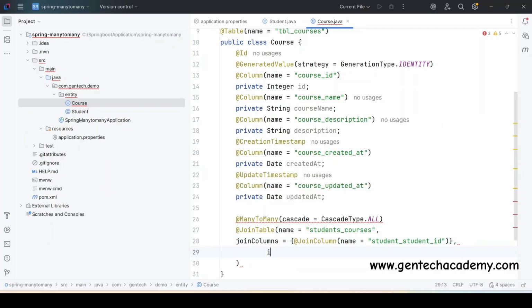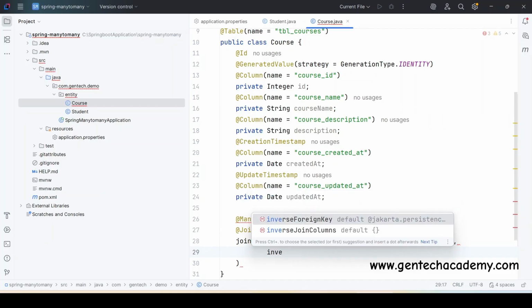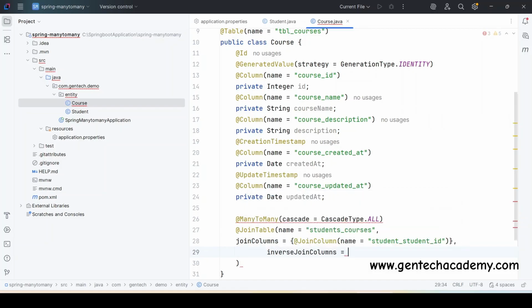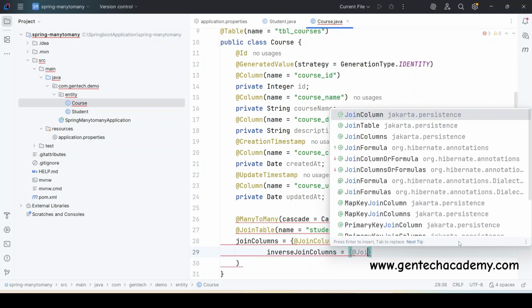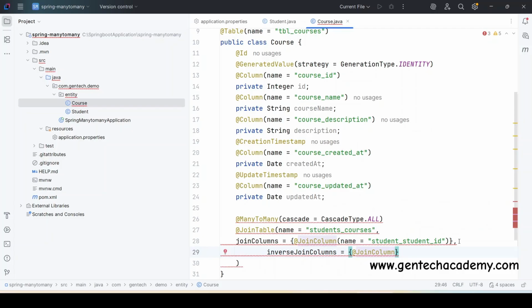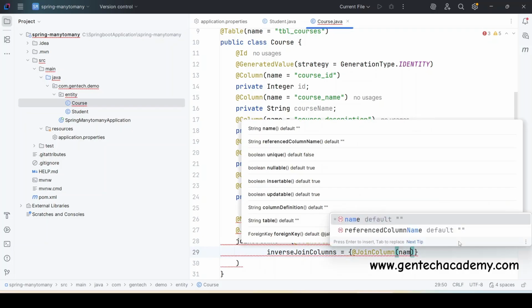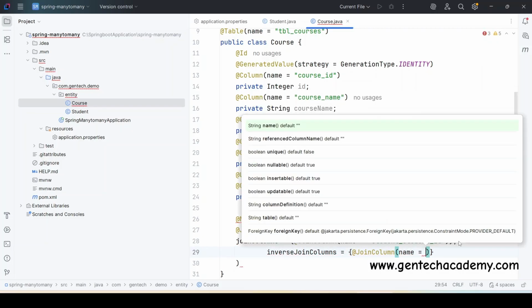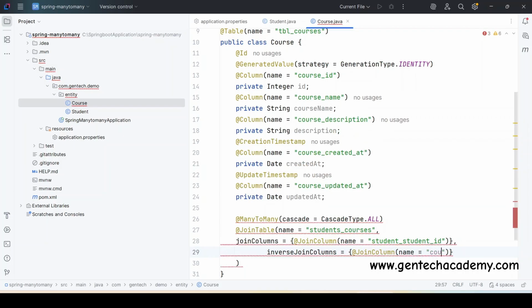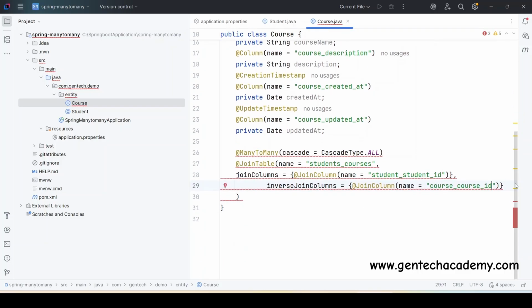The another one, inverseJoinColumns, that is @JoinColumn name course_id. So after providing these details, we should provide